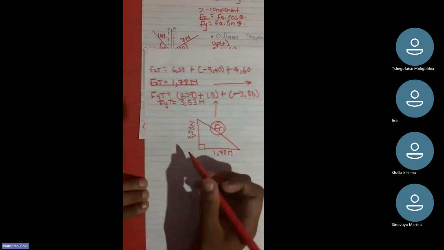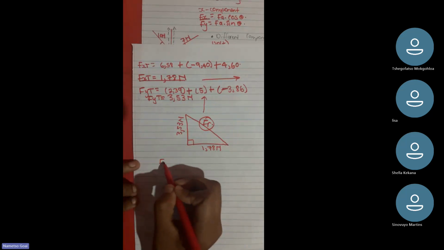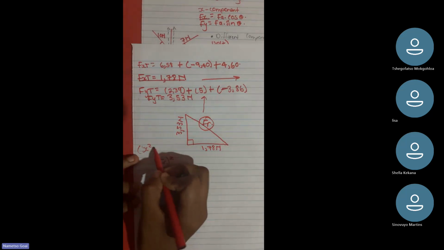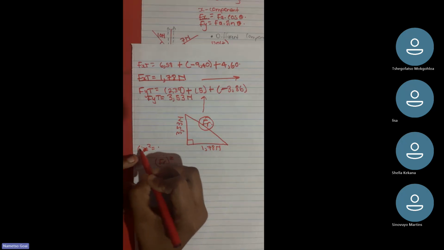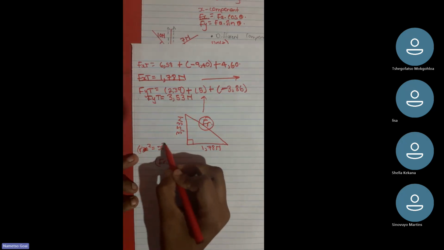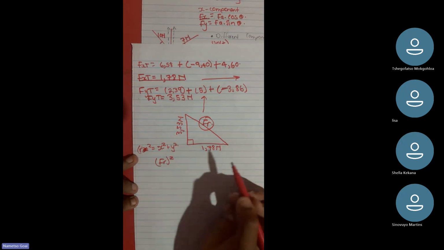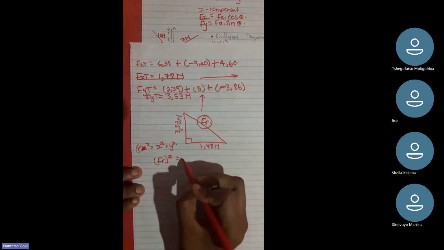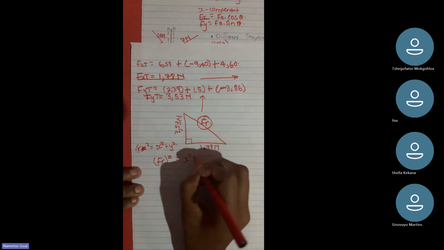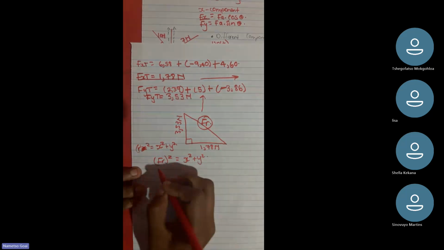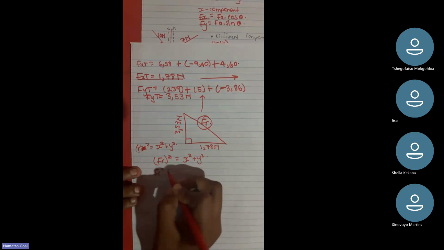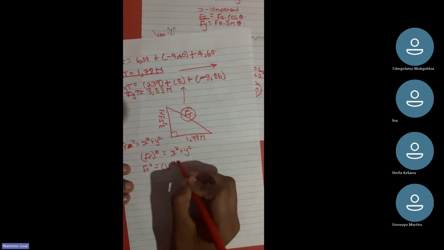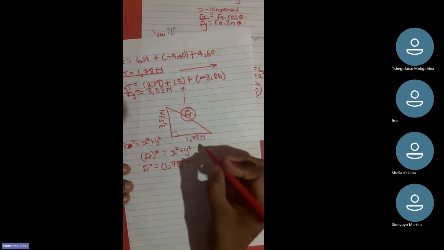So in order to find the FR, we're going to use what? Pythagoras theorem, right? Because we're going to use the X squared equals to, no, this is R squared. R squared equals to X squared plus Y squared. In this case, what is our FR squared? It's going to be equal to X squared plus Y squared. So FR squared is going to be equal to, what is our X? It's 1,78 squared plus